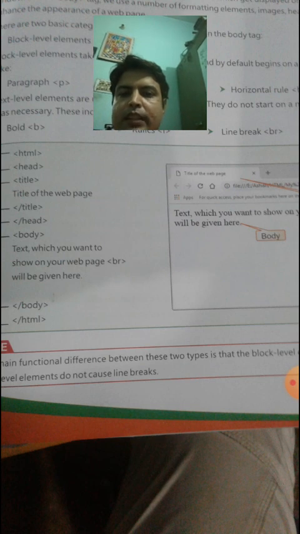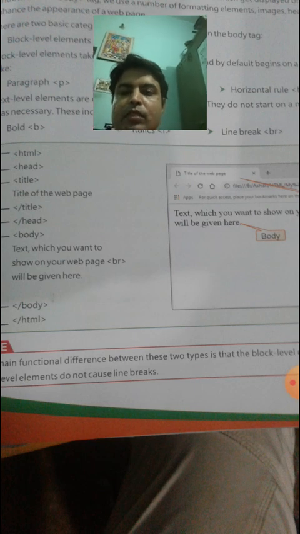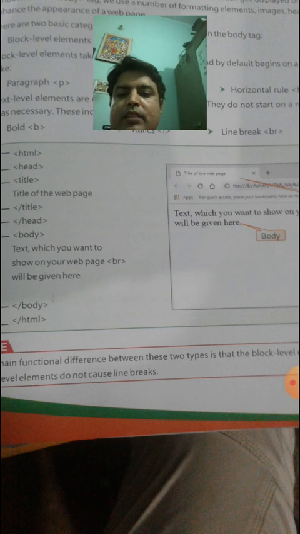And after the contents, the title tag is enclosed by the ending tag, and the head tag is also enclosed. After enclosing the head tag, that is, after defining the title, the body tag starts. The body tag starts here, and we write the contents, then the body tag is closed, and at last the HTML tag is closed. We must remember one thing: an HTML document always starts with an HTML tag and ends with the /HTML tag.